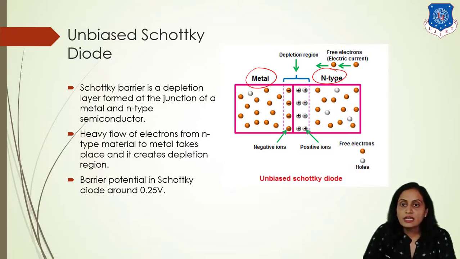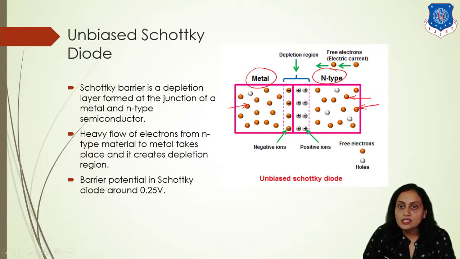N-type material is having electrons as the free charge carrier, and metal is having a large number of electrons as the free carriers. But the number of electrons in the metal is much more than that of the N-type material. That is why we can say the kinetic energy of the electrons which is present in the metal will be very small, because there is no space for movement. But N-type material is having enough number of electrons, and that is why there is free space for these electrons to move,